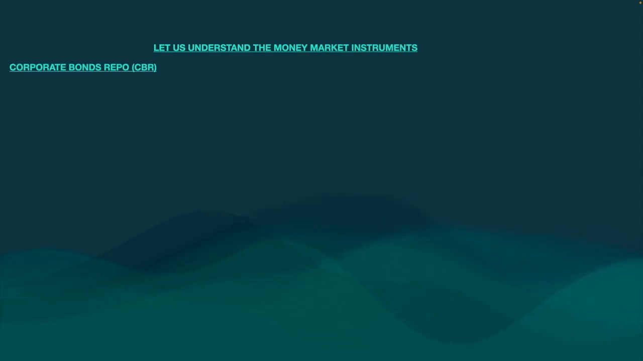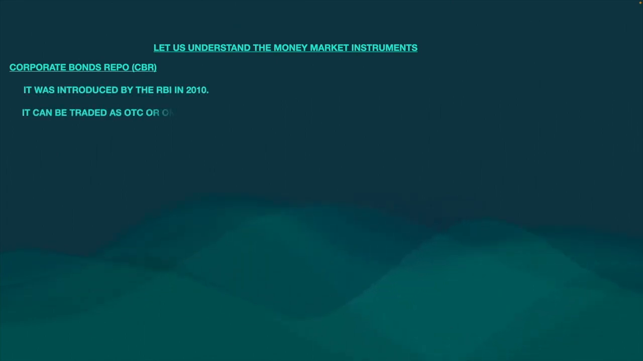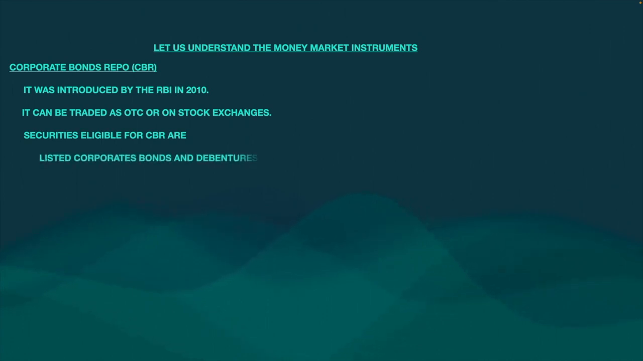Now, corporate bonds repo. Just the way we have a government repo, market repo, which we discussed, just like that you have something called corporate bond repo. It was introduced by the RBI in 2010. It can be traded OTC, meaning over the counter, or on stock exchanges. What are the securities eligible for this corporate bond repo? Any listed corporate bonds and debentures can be traded on this corporate bond repo market. Commercial papers and certificates of deposit can be traded, and units of debt exchange traded